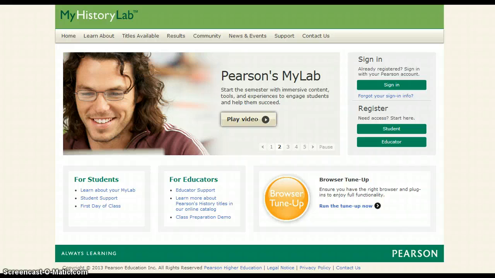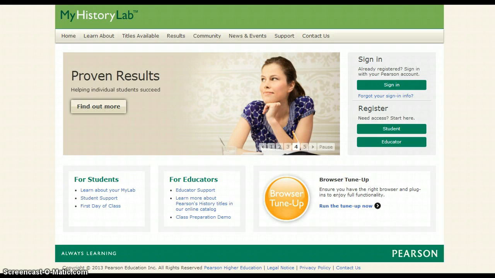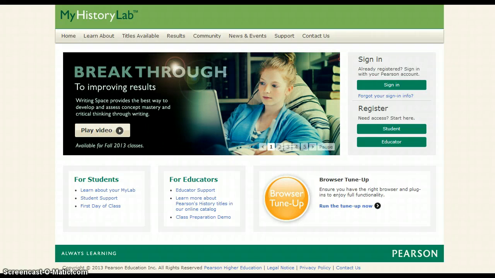There have been a lot of enhancements and improvements to the MyLab over the years, but this year I'm really excited about some new features we have in writing and critical thinking activities. But before we get into that, I do want to point out some things that we've really done because we know in order for instructors and students to have the most positive experience and to get the most out of our MyLabs and our mastering products, that we need to provide the learning opportunities and the support that you need